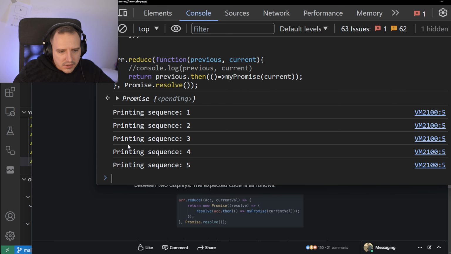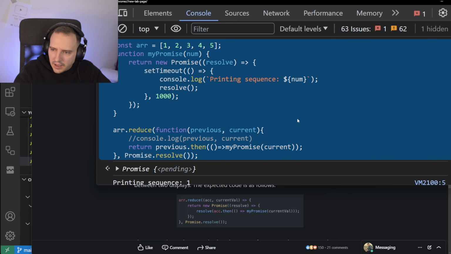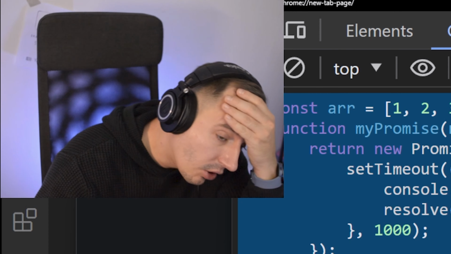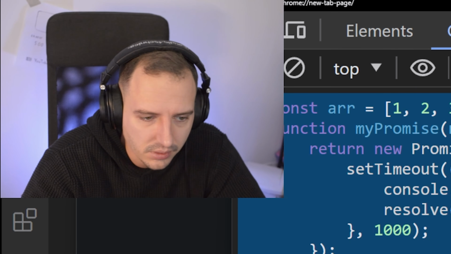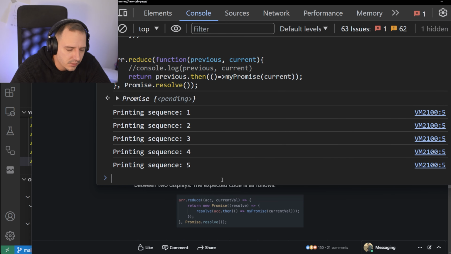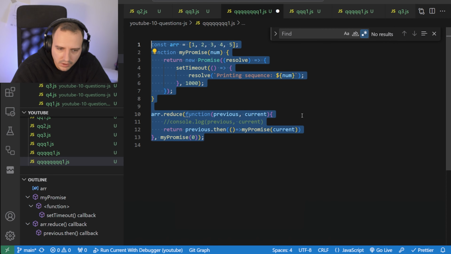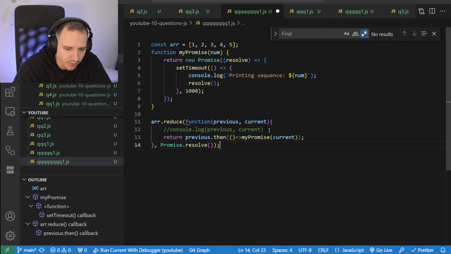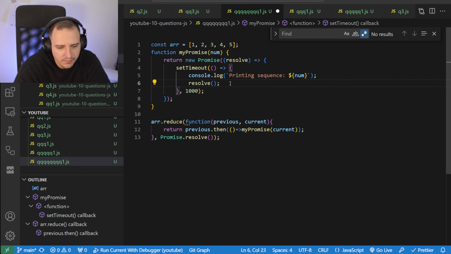See, so my solution was correct all along. I was waiting for something to show up on the console, and that's where the problem was. Oh my Jesus Christ, I wasted like half an hour on this stupid issue, and my first instinctual solution was already correct. Oh no, this is so dumb. See, this is what coding is all about. I'm going to include this whole shebang in the video so you can suffer with me. So there we go. This is the solution. I'm going to keep it like that.